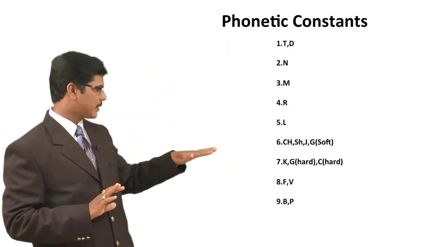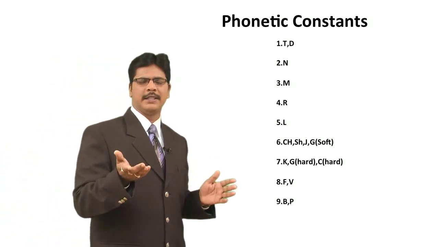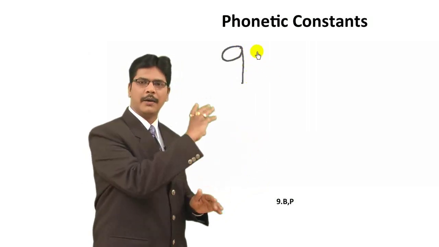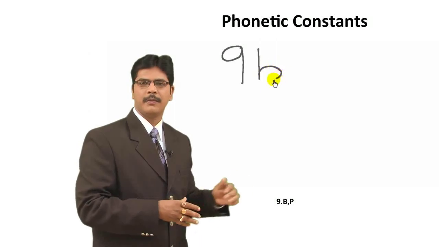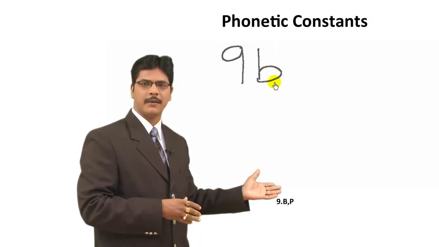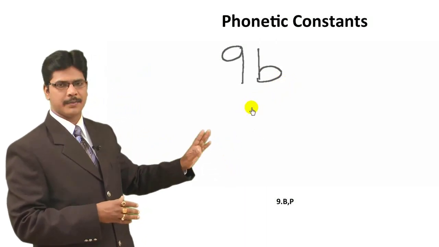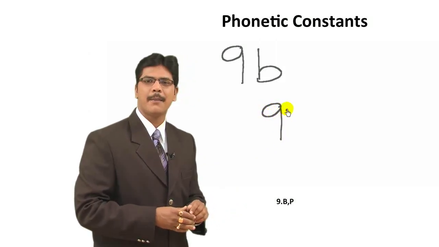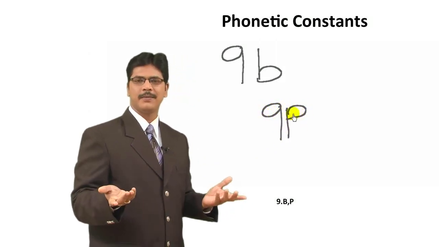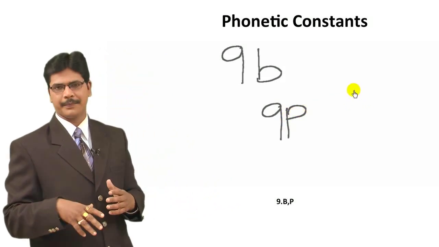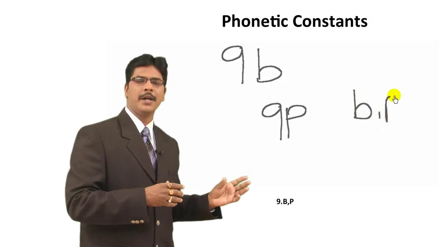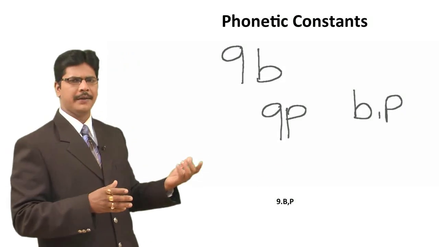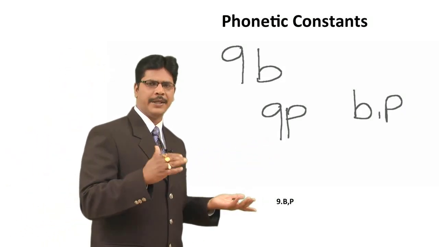Next, we'll go for the next number, that is number 9. In number 9, very easy. 9 is so easy. Now, very simply, upside down 9. Make it upside down, right? What's the formation of the letter? It forms B, see? It forms small b, right? So for that reason, for number 9, it is B. Now see, 9, just tilt it sideways. It becomes P. Got it? That's it. So number 9, B and P. Okay, the sounds are B and P. Very easy to remember. So write down upside down 9, you get B. Tilt 9 sideways, you get P. So 9, B and P.